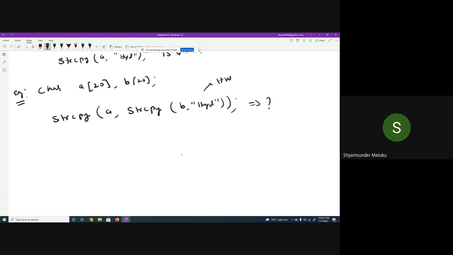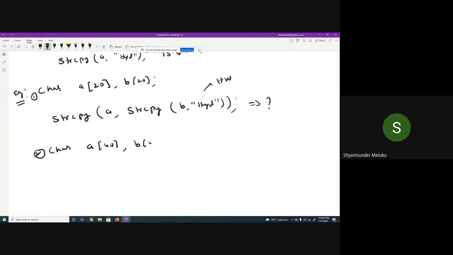Is it okay? To understand better, if a string copy is used in this fashion, what could be the output? Is it okay? The second example. This is one. This is the second one. I can explain, but I think you should try at least something. If you do it on your own, it will be good for you.